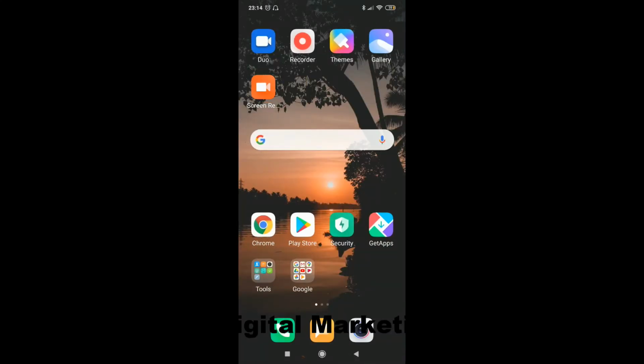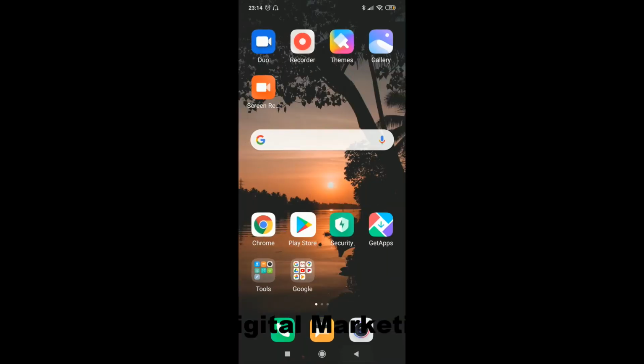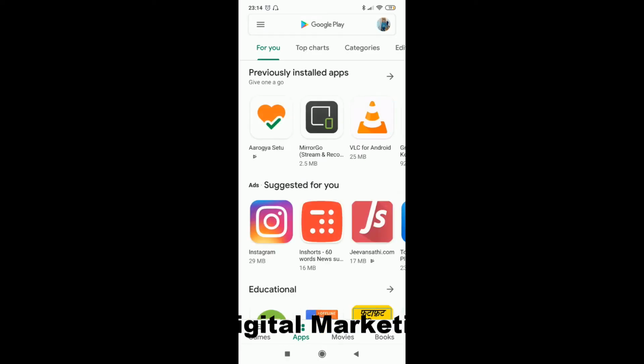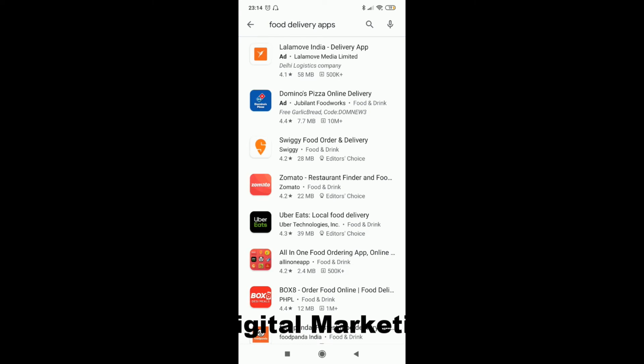Now I have switched my device from laptop to mobile screen to show you how Google ads will look in the Play Store, or how an ad served on the Play Store from the search network looks. We will go to the Play Store and search for something like food delivery apps, and now it is showing us several search results.